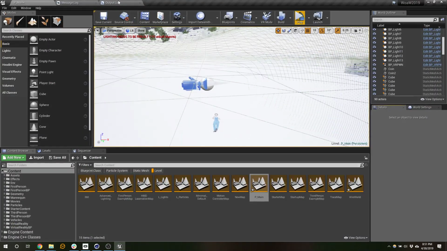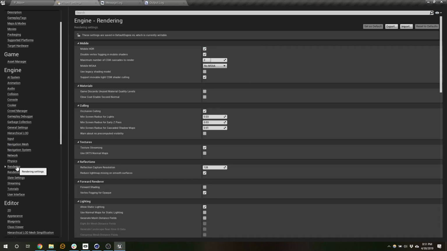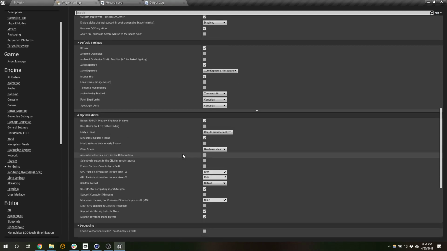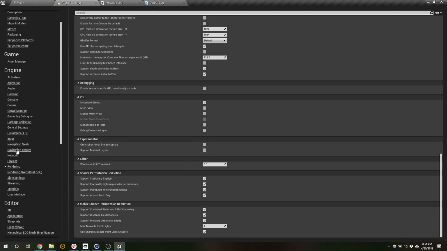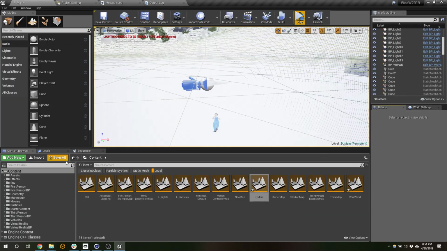One thing to try is to make sure you tell the game engine that you want to target 90 frames per second. If you go to your project settings, you come down to maybe rendering. I'm not quite sure off the top of my head. Let's see, maybe general. There you go. Right now it's trying to smooth the frame rate. I'm going to say use a fixed rate of 90. You kind of really have to do that. So use a fixed rate of 90 in your general settings. And now when I save again,